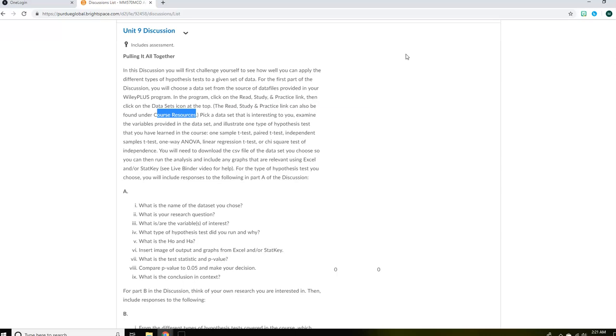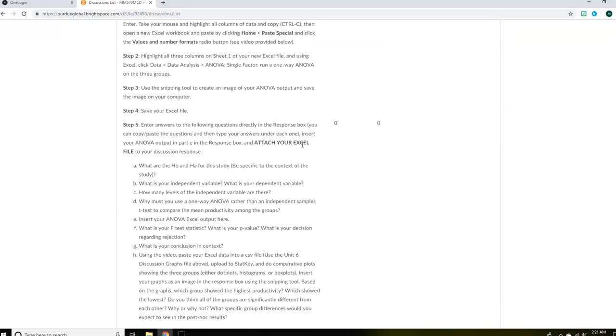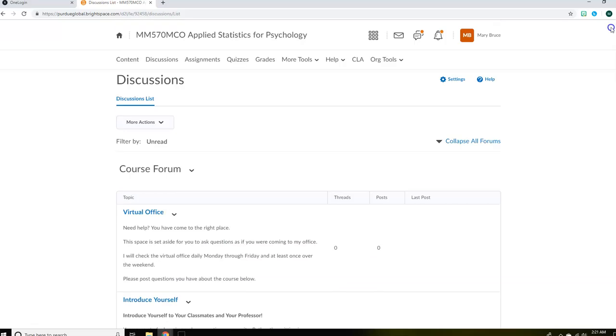But you'll pick a data set that's interesting to you, examine the variables provided, and illustrate one type of hypothesis test. So when you look through the data sets that seem interesting to you, you've got to pay attention to whether they are quantitative variables or qualitative, and based on the variables included in the data set, what would be some hypothetical types of research questions that you could make from the data set. So a lot of it is going to depend on your own creativity when you look at the different data sets. So let's go ahead and go up here to Content